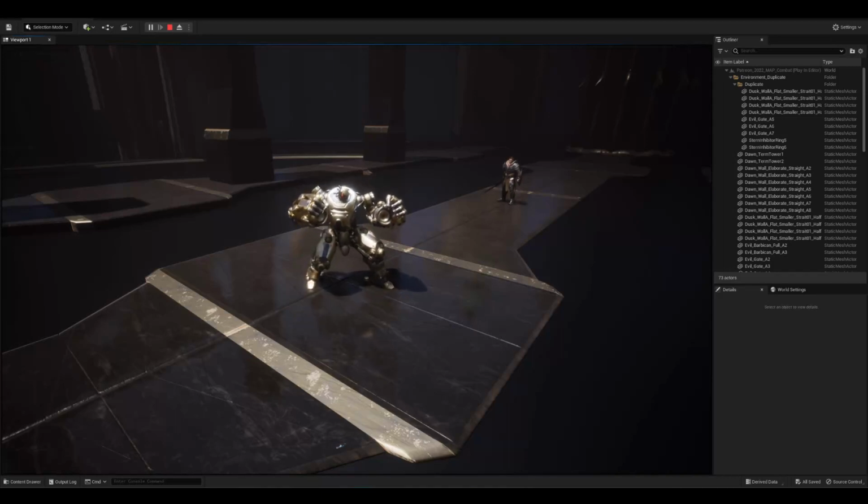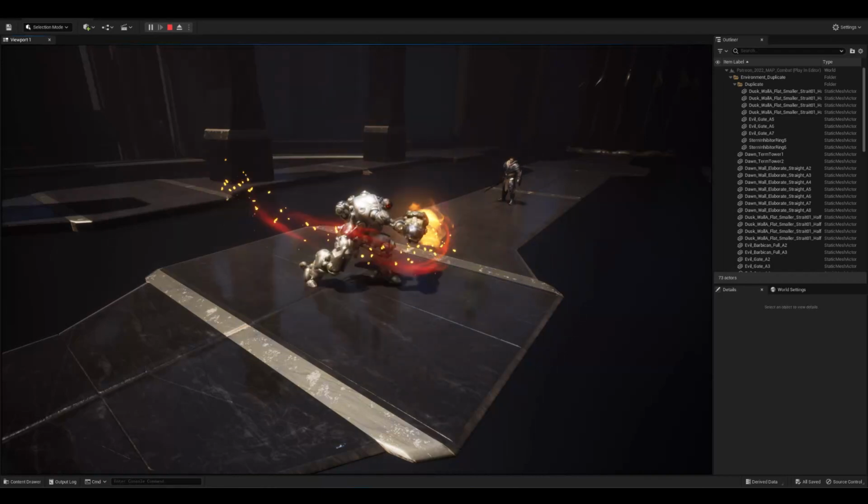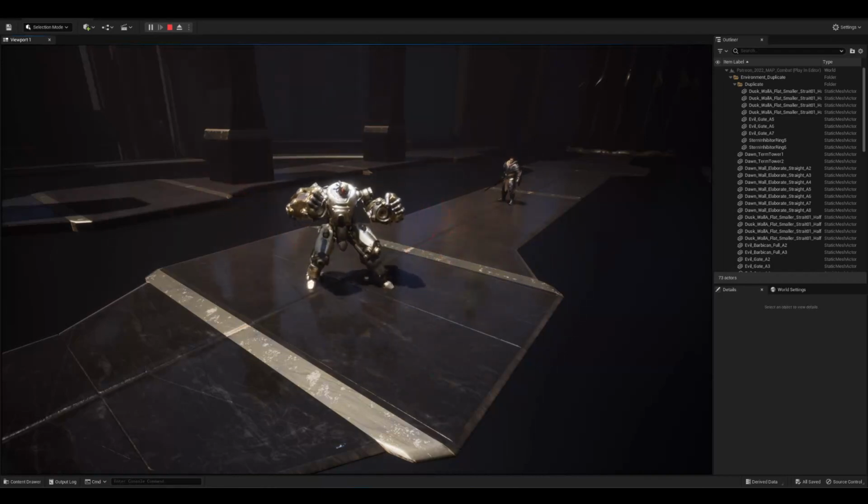Hi everyone, this month we'll be working on a melee hit effect. As you can see here, I've got this character, he's got this 2-hit combo animation, and we're just gonna be adding effects to it. So we're gonna start in Houdini, where we're gonna create a mesh that actually wraps around his fist, and then